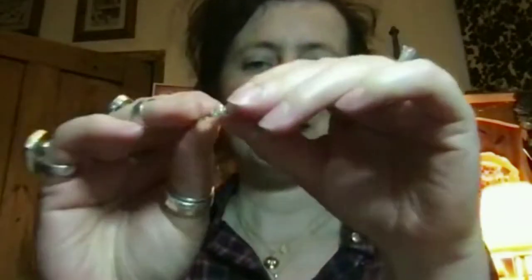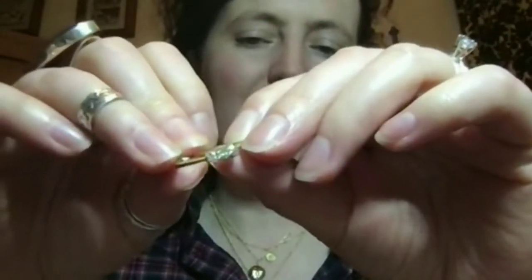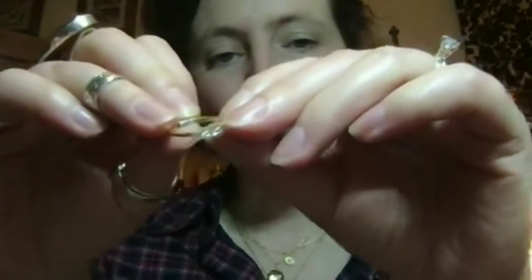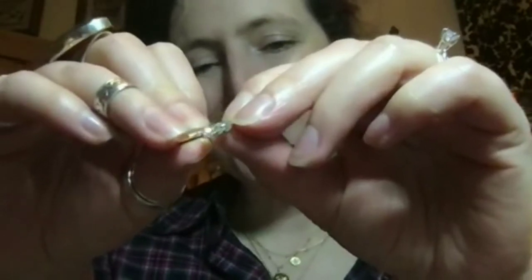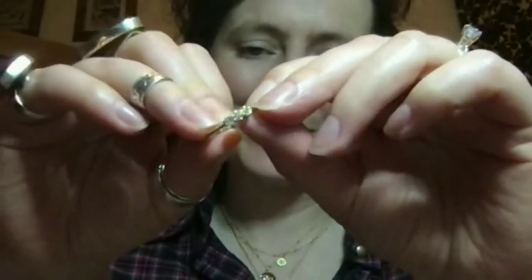The mini disc is new on, so that's gone on today. Now these diamonds I love. So we chatted last week about moonstone being the alternative birthstone for April. The traditional birthstone for April is diamond. So if you're an April birthday, then you are a diamond. And one of the nicest ways to wear a diamond, I think,